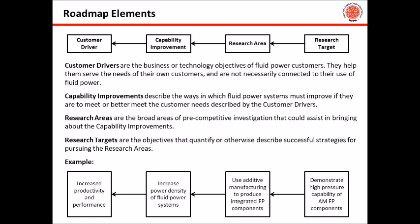Linked to the customer drivers are what we call capability improvements, the ways in which fluid power systems must improve if they are to meet or better meet the customer needs described by the customer drivers. In the example, I've chosen increase the power density of fluid power systems as a possible capability improvement. If fluid power systems were more power dense, they would help our customers deliver increased productivity and performance to their